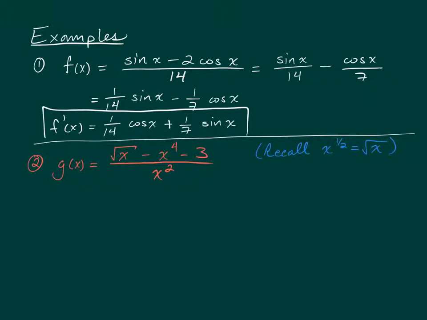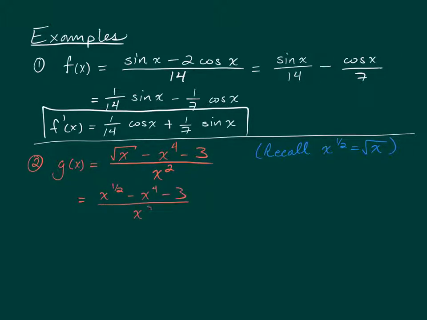So in order for us to use the power rule here, especially with the square root of x, we need to be able to represent it as an exponent, as a power. So square root of x is the same thing as x to the 1/2 power. So that's the first thing I'm going to do in my rewrite here. So this will equal x to the 1/2 power minus x to the 4th minus 3